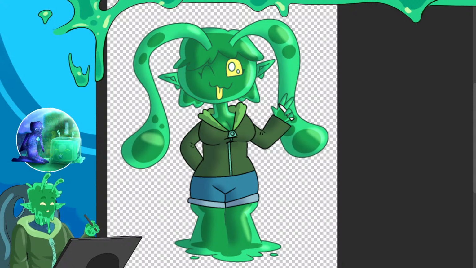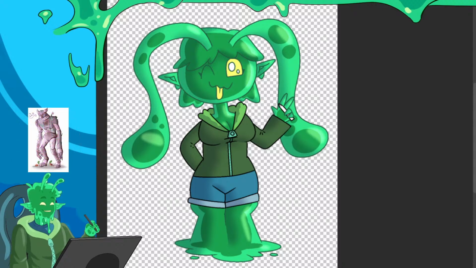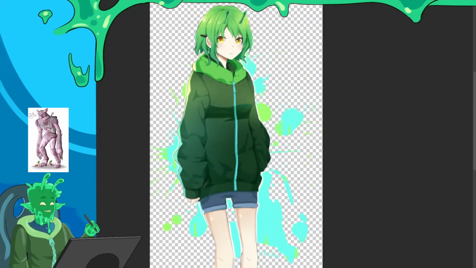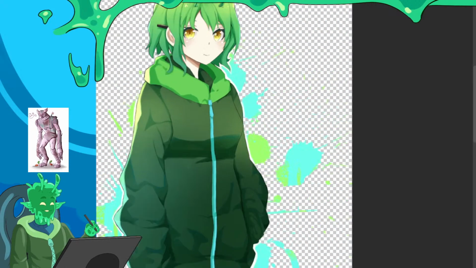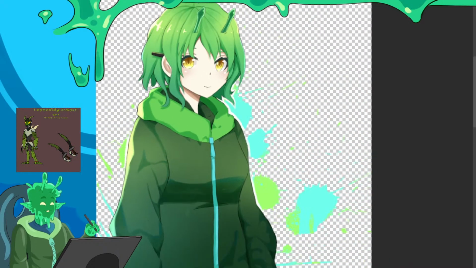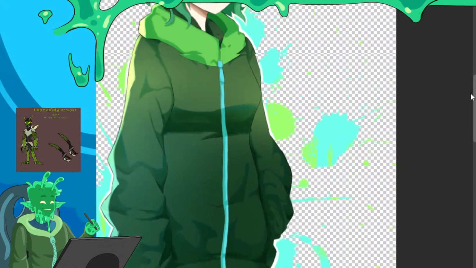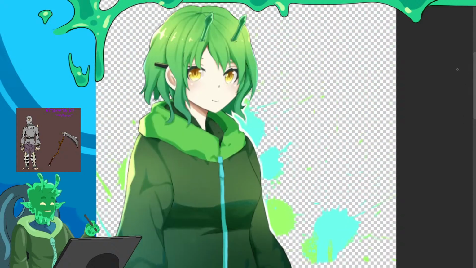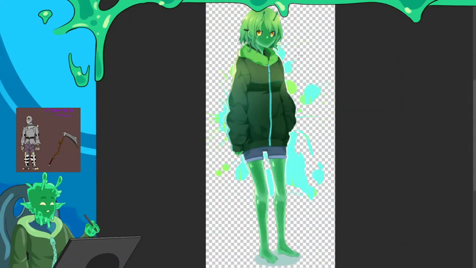So up next we have two by the same artist. They did two different variations, and I'm just going to show them to you. I love them a lot, and I don't want to say they're the winner, but goddamn, Chicken, you really knocked it out of the park with these. I almost worried for a second that it was traced or partially taken from something else, but I didn't figure you would do that.